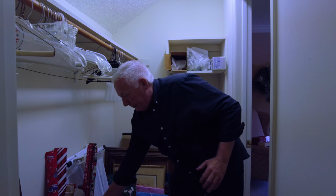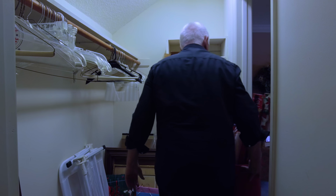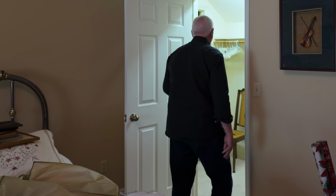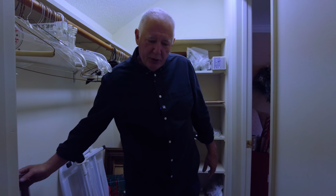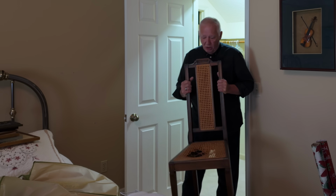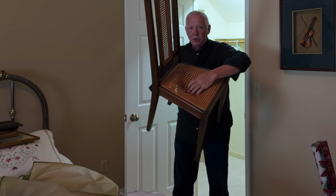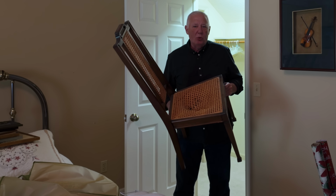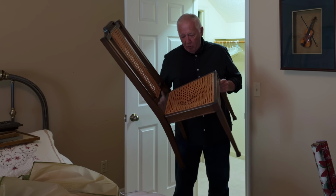And then I have a lot more Christmas wrapping paper. And again, we're just going to move this down somewhere where we can get to it. And this is what really made me decide to come into this closet, because this chair is totally destroyed. Why is it being stored? I have no idea. My mom doesn't know, but